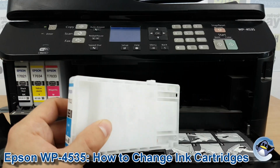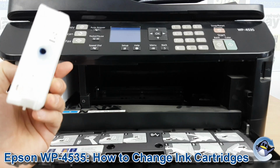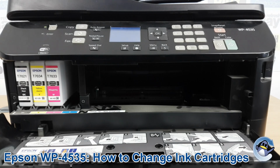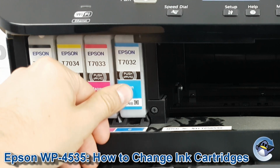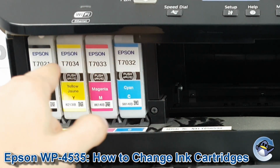just take your replacement cartridge, remove any protective packaging. You're normally okay with that on these ones. Any kind of films get pierced automatically by the printer as they go in, but obviously it'll vary from brand to brand. Slide it back in, press down, you hear that click, and you know it's in when it's sat flush with the rest of the